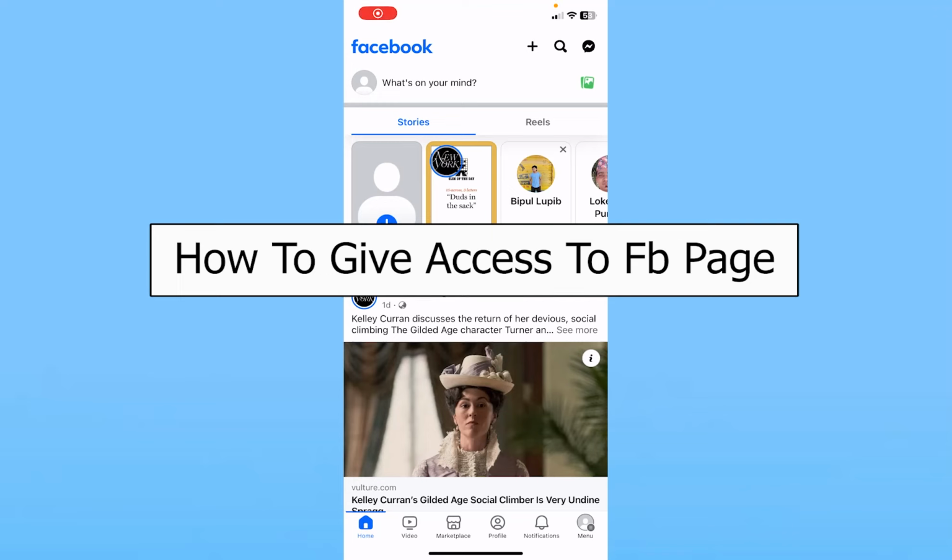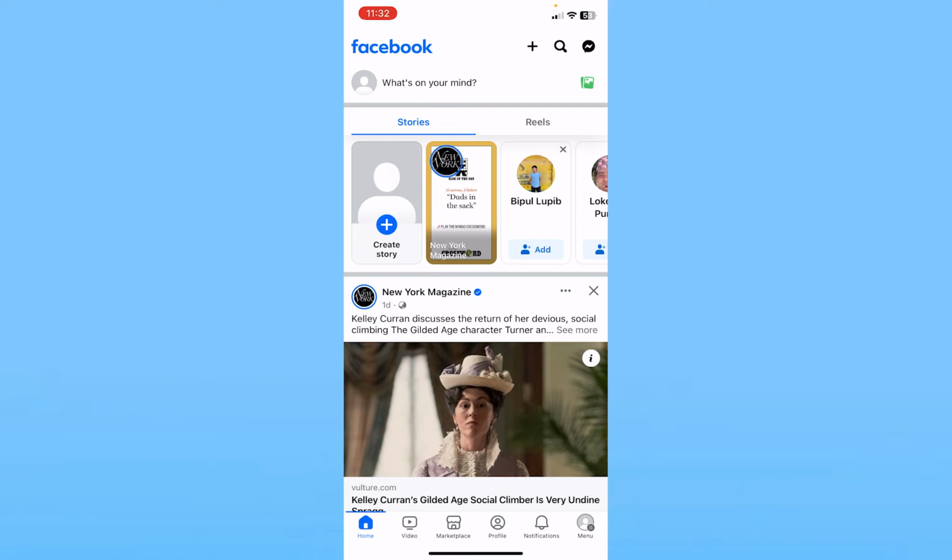Today I'll be teaching you guys how you can give access to your Facebook page. By that I mean how you can add other people to your Facebook page so they can do other activities on your page. For that you need to click a menu at the bottom right of your screen and